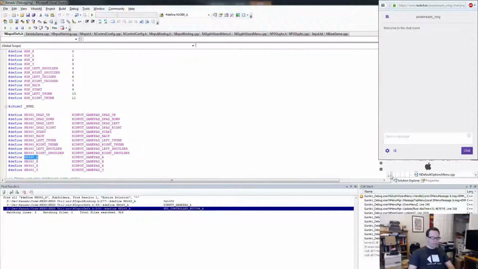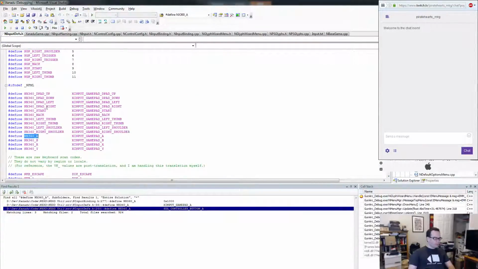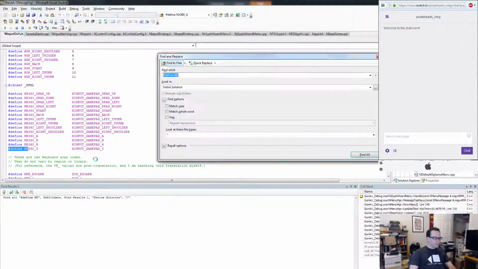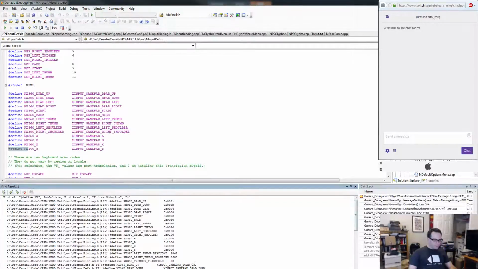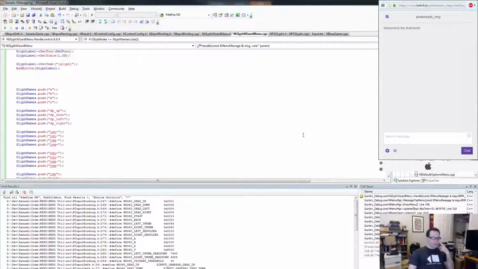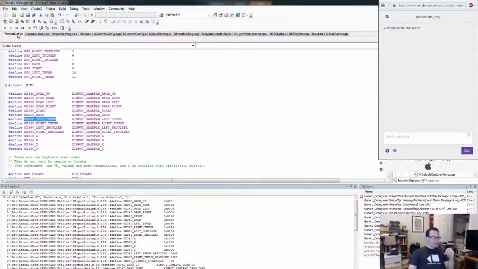I can, let's see. Do I have these defines anywhere else? Yeah, I guess just here. But yeah, I should be able to provide these values along with the glyphs in here, and then when I get results back, they'll correspond again to whichever platform I'm running on. And what that does mean is that your control bindings,